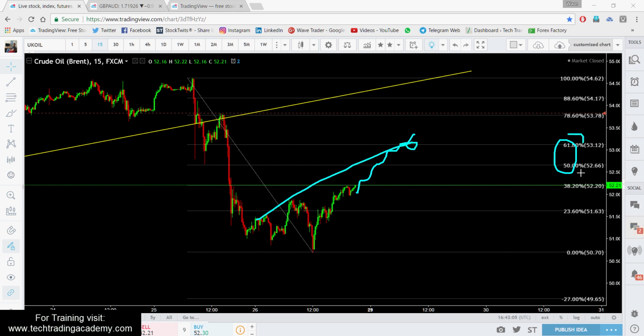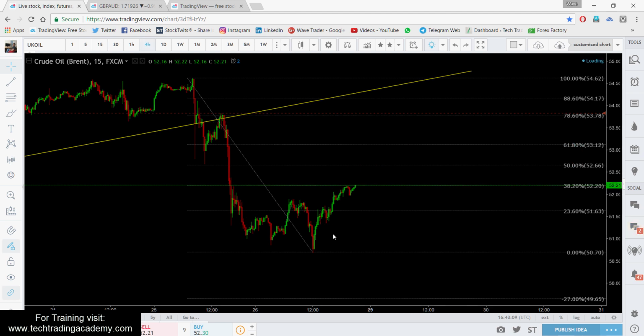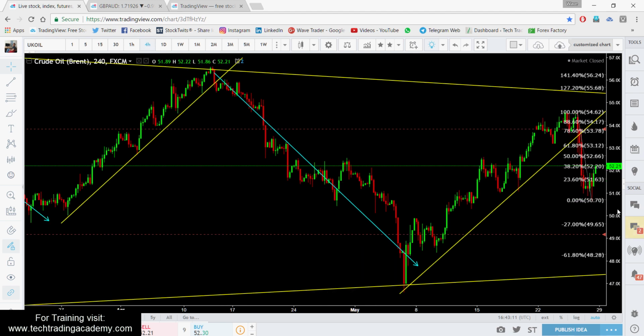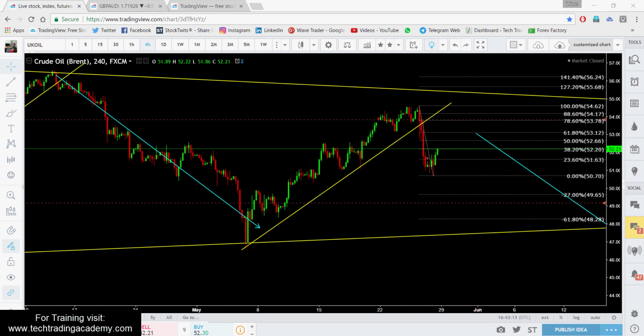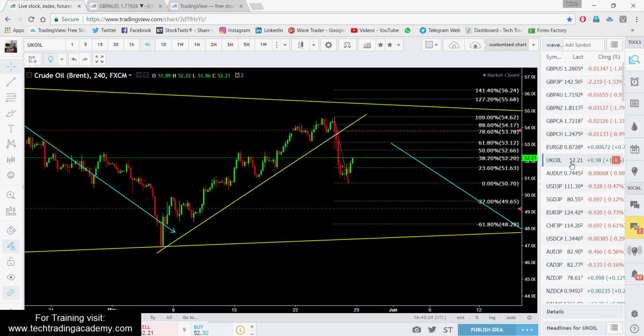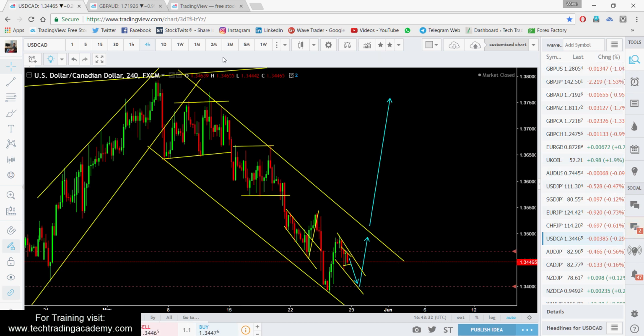Okay, so you need to pay attention to that area for next week, and the trade we're going to look for is downside up to the previous bottom at this area. So that is the trade we're going to look for next week. Any selling from the current price is not going to give you good stop placement, so you have to keep that in mind. And USD CAD,